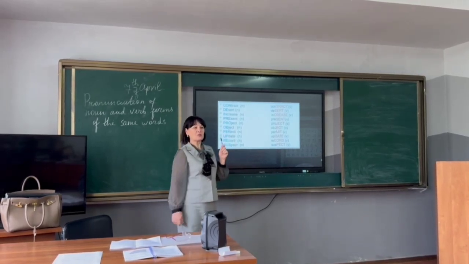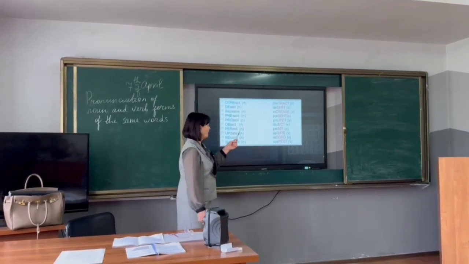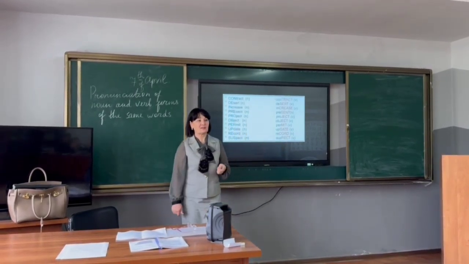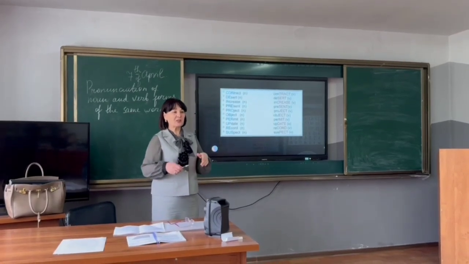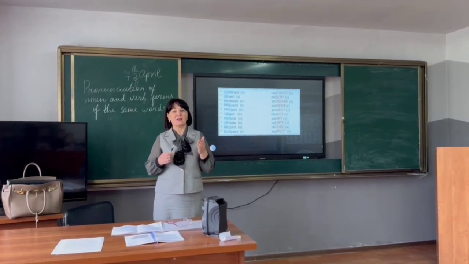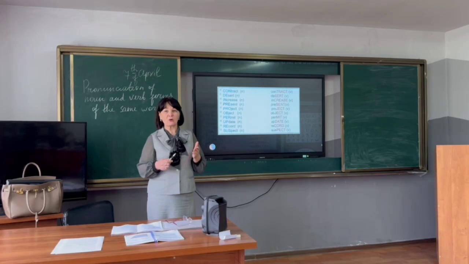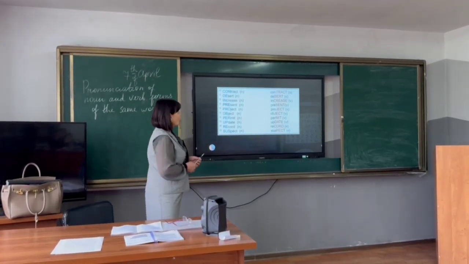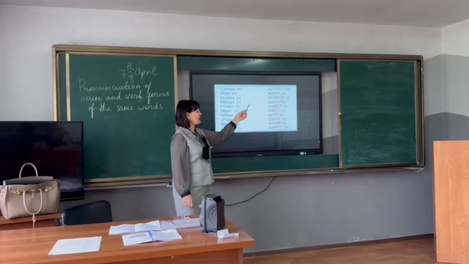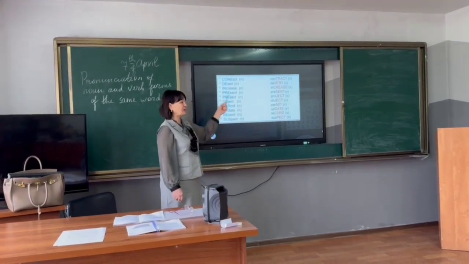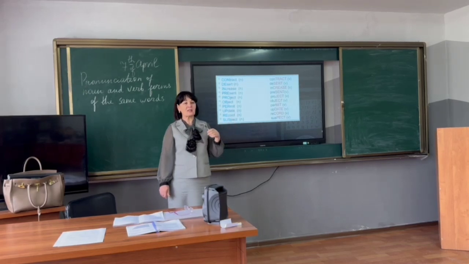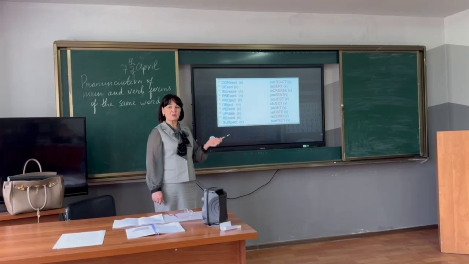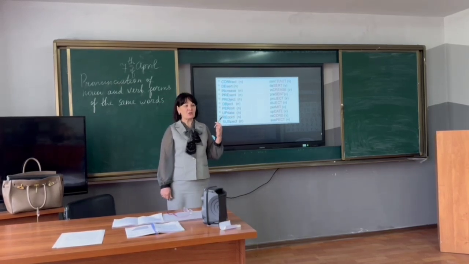Object. What is it? Item or thing. Object. What is it? To be against somebody or something, or to be opposed to somebody's ideas or opinions. Okay. So, in spite of the fact that we have the same words, when they have different forms, for example, as nouns or as verbs, they may change their original meanings.